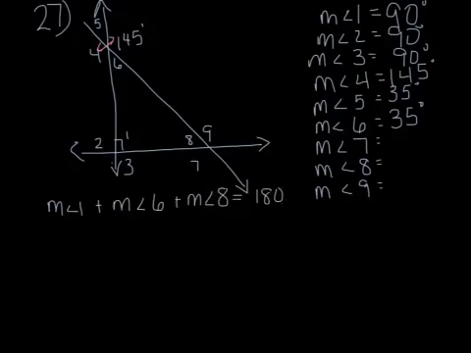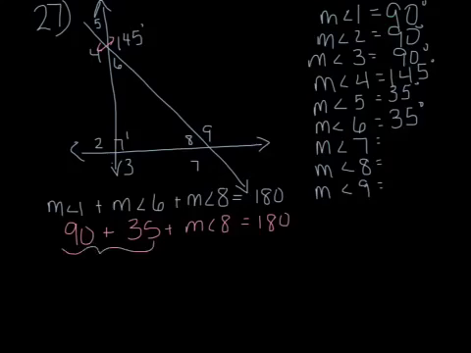I can go ahead and look at my list to the right. I have the measure of angle 1 is 90. The measure of angle 6 is 35. So right below it, we're going to substitute in what I know. 90 plus 35 plus the measure of angle 8 equals 180. Do I know enough to find the measure of angle 8? Yes, because I can do 90 plus 35, which is 125,